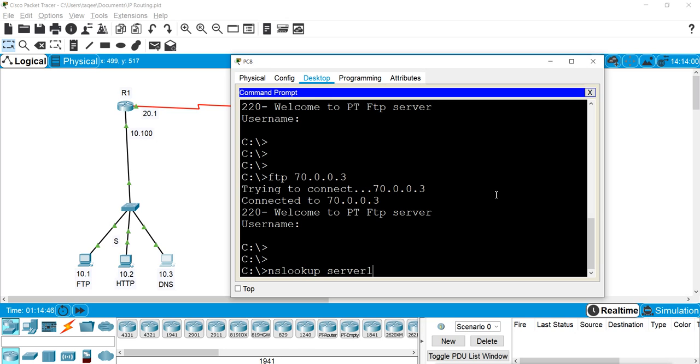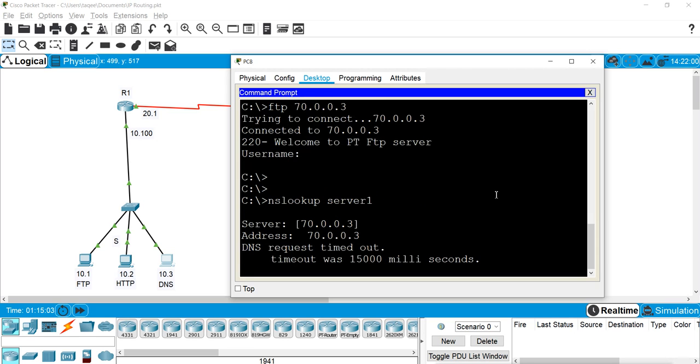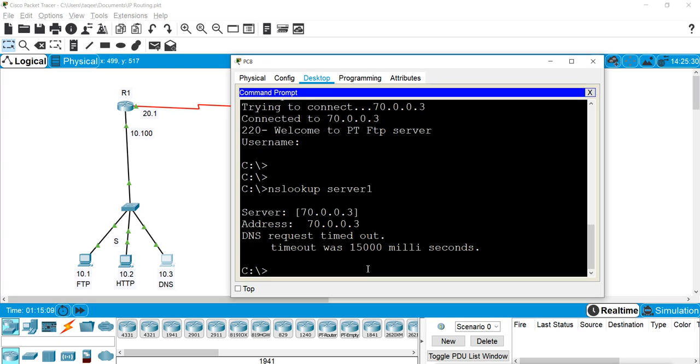So when it uses this, it is not getting the reply, and it will get the timeout error. So the list is working, it is doing the filtering, and we are getting the timeout, but it is still trying to search because it is UDP, so it will keep searching.